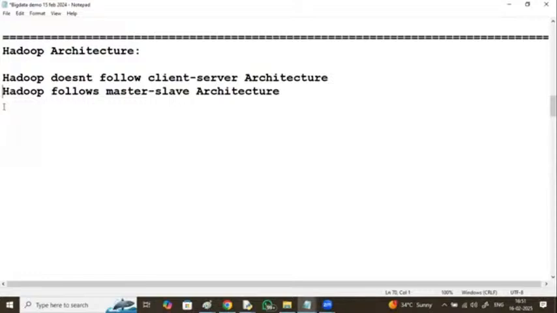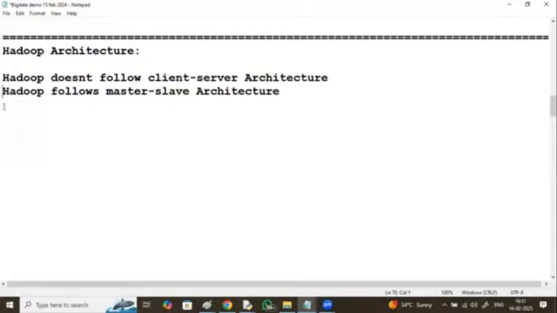Advantage of Hadoop: unlimited data storage, because of horizontally unlimited scalability. Horizontally, an unlimited number of slaves can be added. What do you mean by horizontally unlimited scalability?